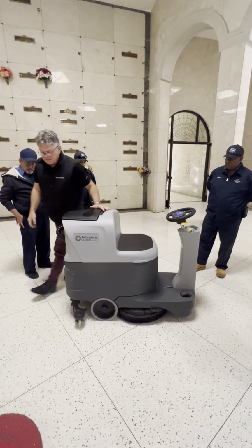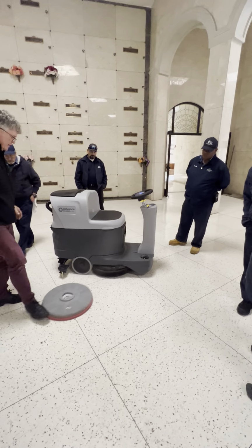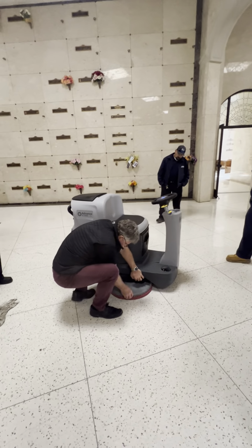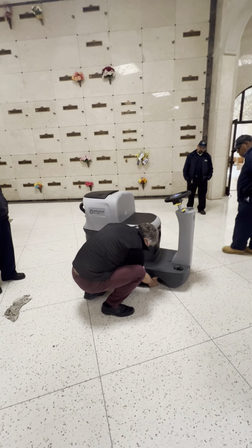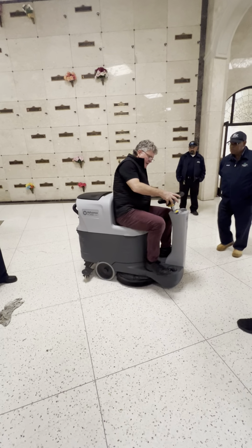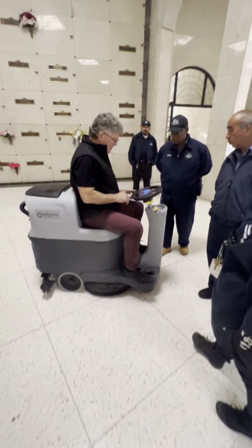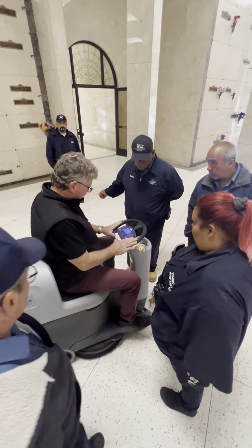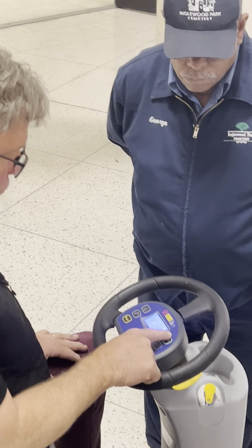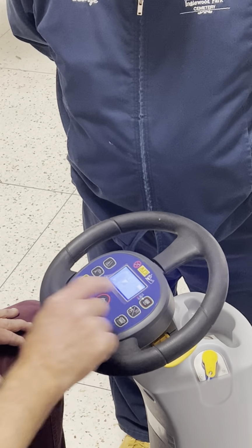To put the pad on, we don't want you to have to crawl under there like crazy. So you can push this right under there like that, and then get it centered. And if that's centered right, I tell everybody, if you come over here, there's really no words here. It's all pictures, right? In every language in the world, green is go and red is stop. So when I hit that button,